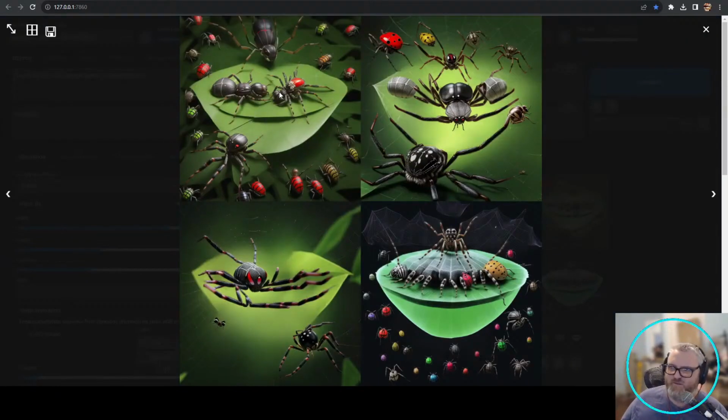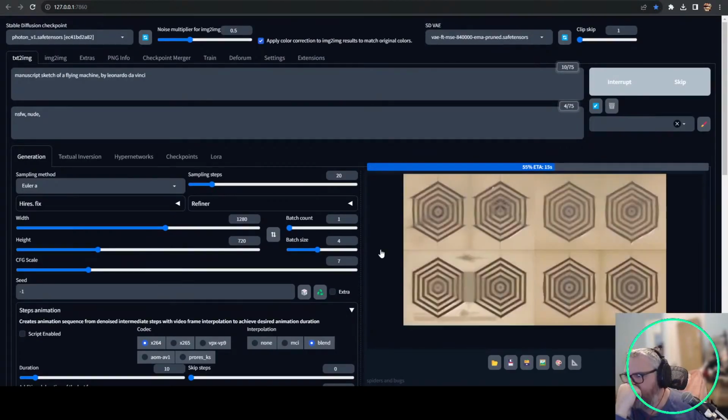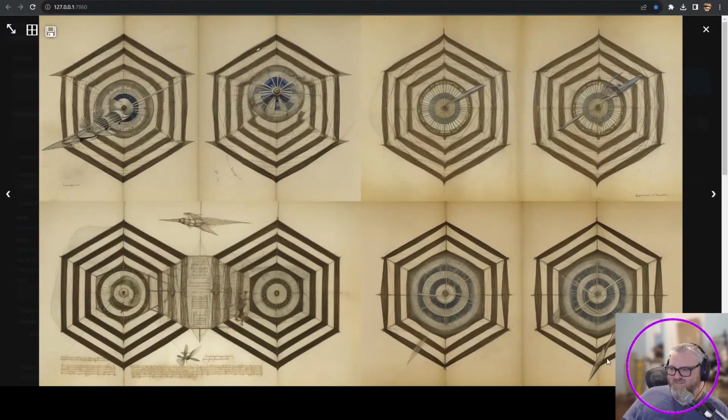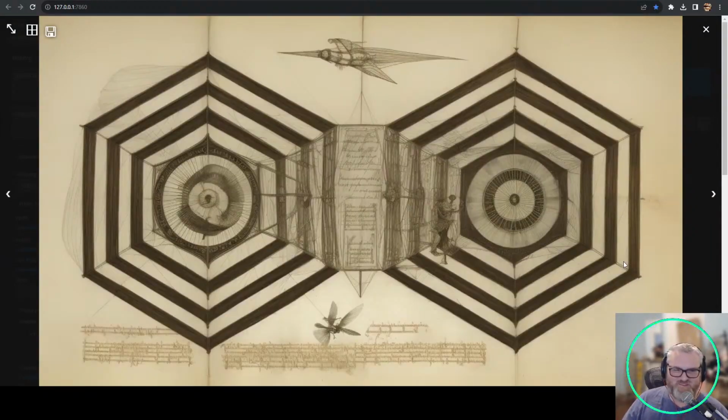I like how I turned it into a leaf. So the propellers in the middle is just this huge, like, hexagonal plane. That's super trippy. Imagine that thing. Some sort of impossible geometry machine.